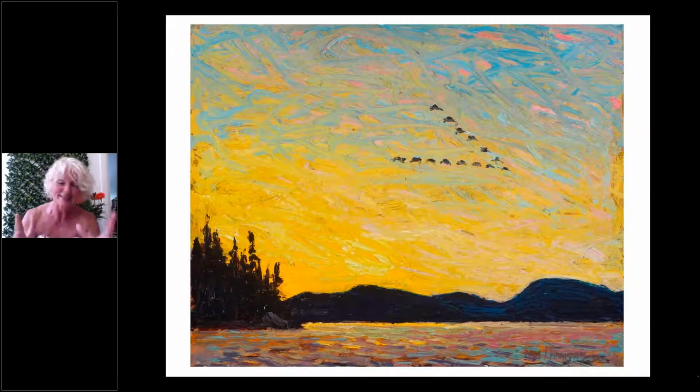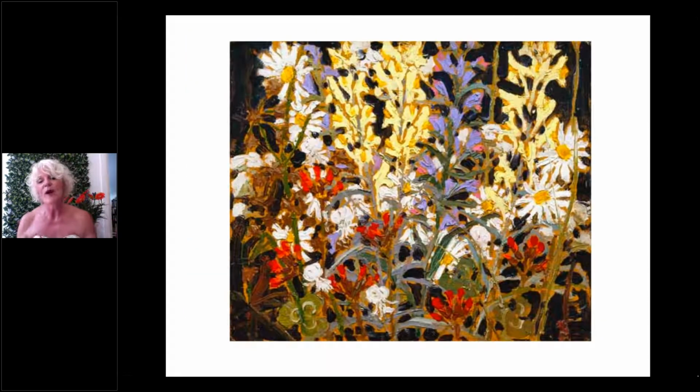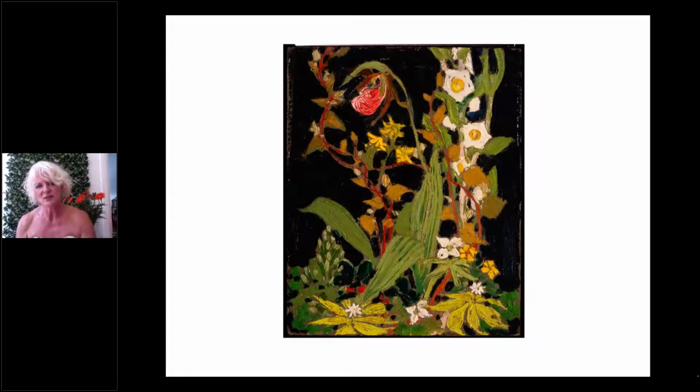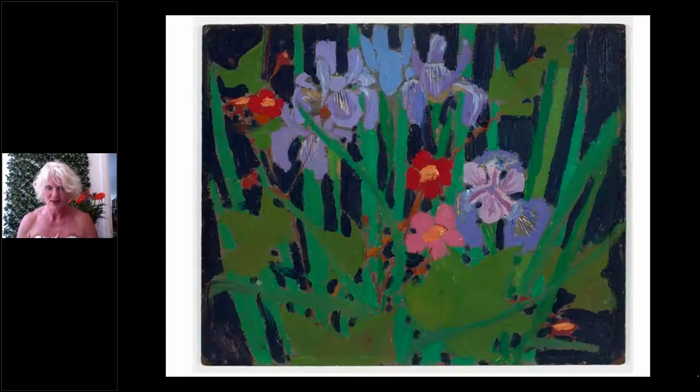But he did a great, amazing job with landscape and occasionally animals, and also with the wildflowers, with the foliage of the place. This is his painting called Wildflowers from 1916. This celebration of color again and of form. Another one of his pieces on flowers. And again, notice the move towards abstraction. This one is called Moccasin Flowers that he did in this place. Some more flowers that he painted.